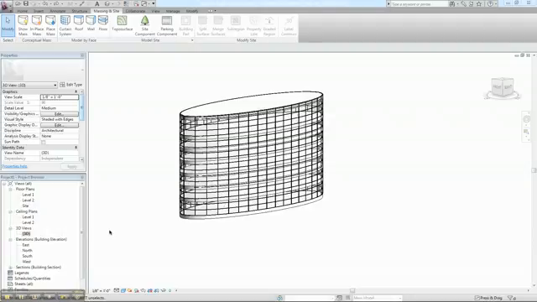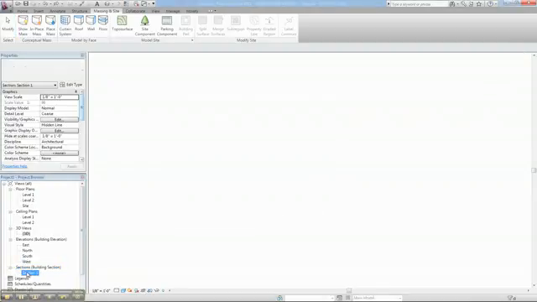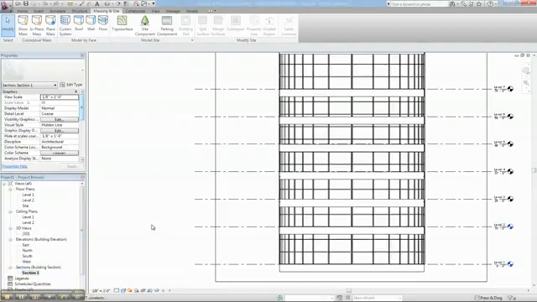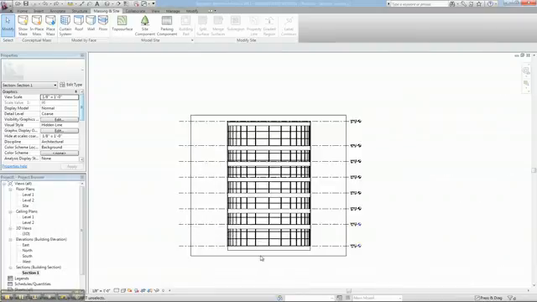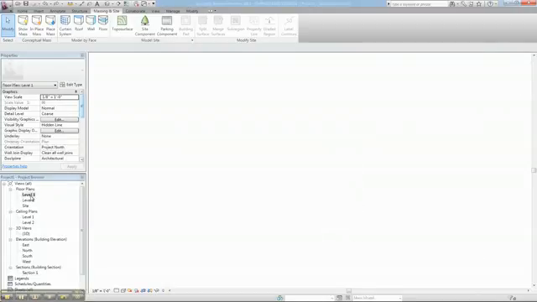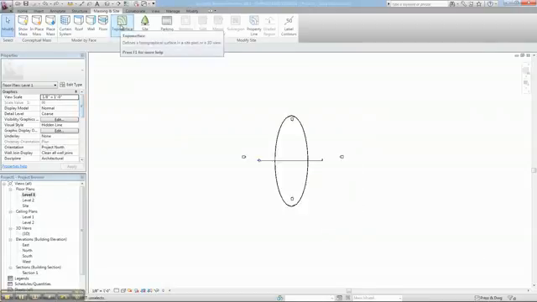So now that we have the materiality of our tower set up a little bit, let's go ahead and look at this in section. Initially, there's something that really jumps out, and that's there is no ground plane yet. I think to really help make this read a little bit more clearly, we're going to have to add a ground plane. So if we go into the first level, we go to the topo surface tool, which is under